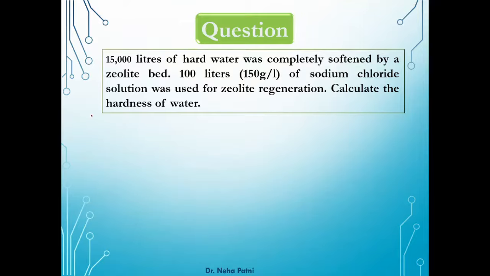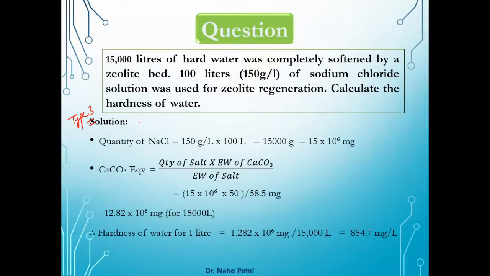Now let us go to type 3 kind of numerical. In type 3, what are they doing? Just see the question and see the answer as well. Meanwhile, you have to calculate the hardness of water and now the volume is given. I am going to utilize the same method which I always do. So I am just solving it once again for you. Water and NaCl. So now what have they done? They have asked you N1, which is in milligram per liter, hardness. And then V1, which is written here 15,000, right? Equal to N2. N2 is 150 gram per liter. So 150 multiply by V2, which is nothing but 100.